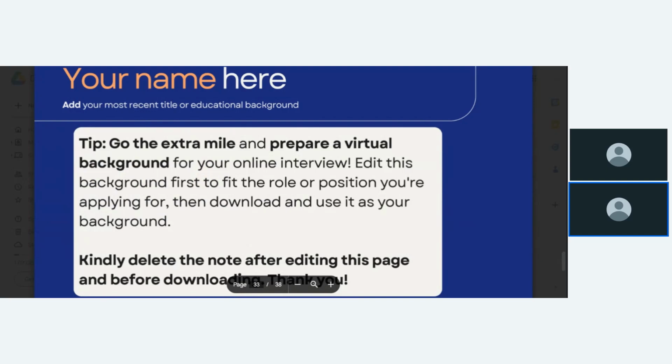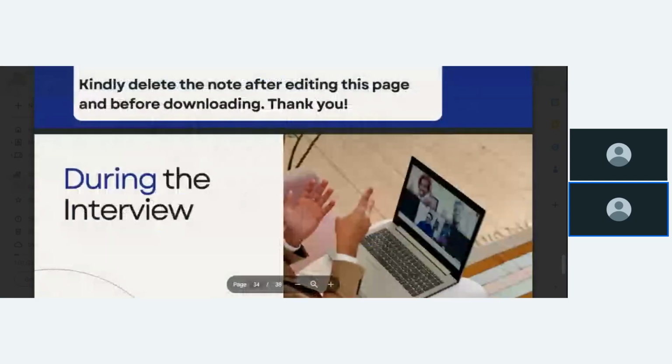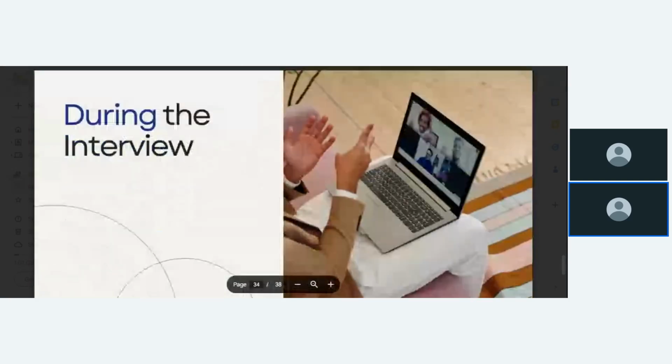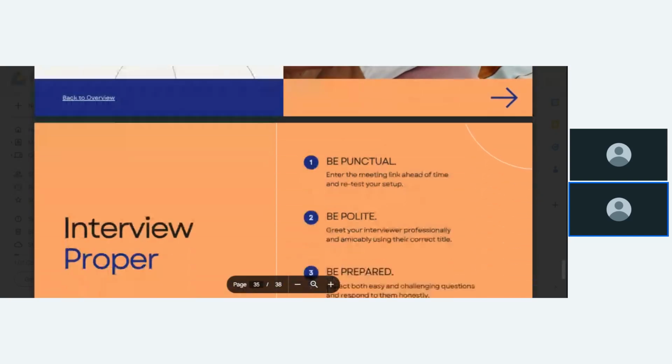So some persons may want to go the extra mile and prepare a virtual background. You can have virtual backgrounds now. So it's not like your background is fixed, if you are putting on your video. You can make researches on how to do that. You may not be able to use this even if we send this to you, because this is a PDF document, so you may not be able to use this, but we'll send it to you. You can try.